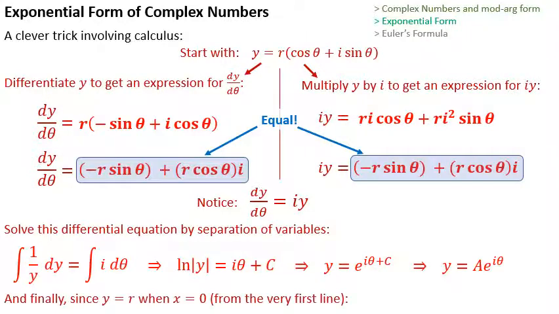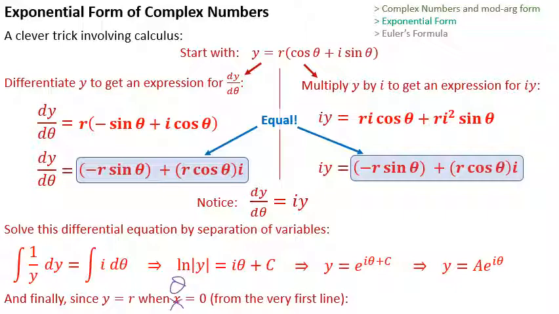We can go a little bit further and we substitute in our initial conditions. What this means is we've got some information because we know what y is from the top line. Y equals r times cos theta plus i sine theta. So if I want to find the value of any constants at the end, I can just go back and substitute some numbers in. So for instance,